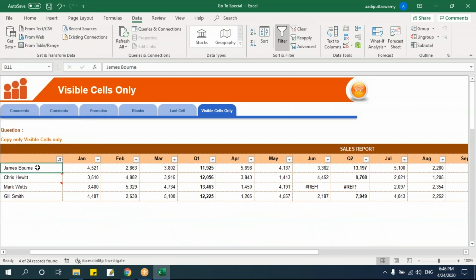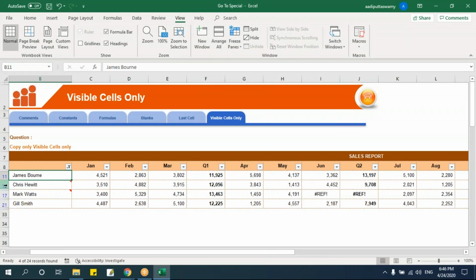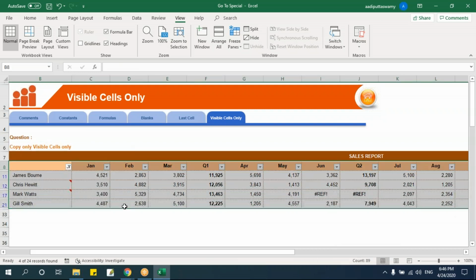Say okay. See, in this case you don't have any problem, but what will happen is when you have huge data, let's say more than 5,000 or 10,000 rows, you might face this problem where I'm copying and pasting. Even the cells which are hidden, say for example I'll go here, see there are some cells hidden here, that also will be copied and pasted.